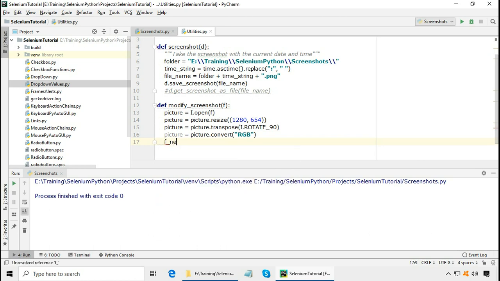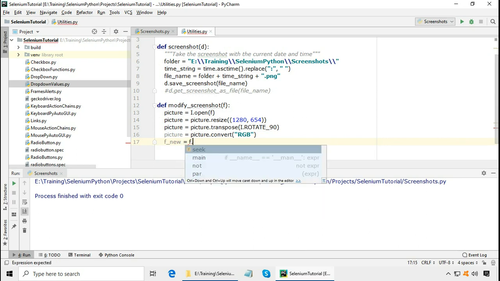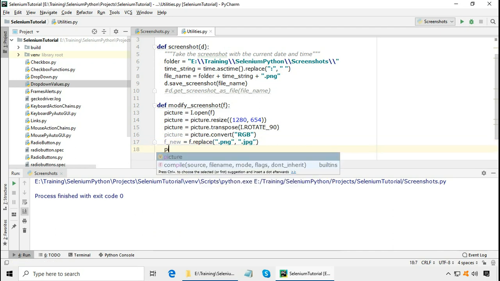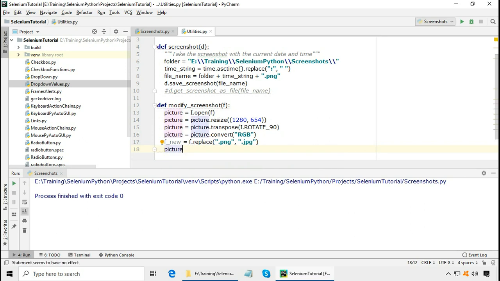We have to create a new file name only. So f new is f dot replace, and here I want to replace .png in the file name with .jpg, and then we can save the modified screenshot, picture.save, and give the file name which is fnew. This saves a Python Selenium screenshot.